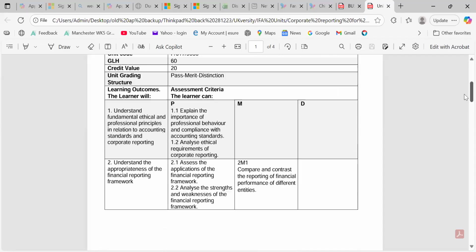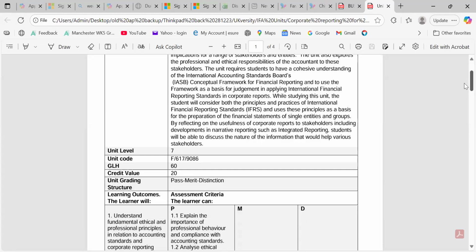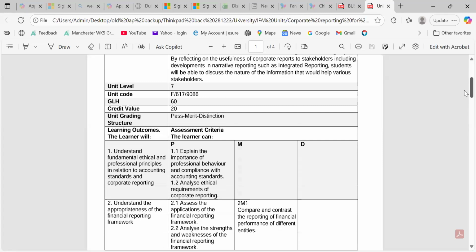So the aim of this unit, as mentioned, is really corporate reporting. We want to develop an understanding of different accounting standards. We'll go through financial reporting standards, which are crucial subject areas, and especially when you're dealing with mergers, acquisitions and group accounts, these are quite crucial.